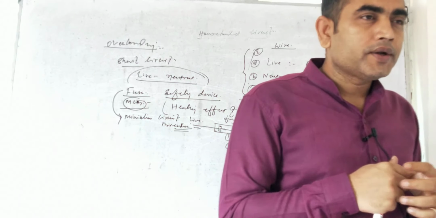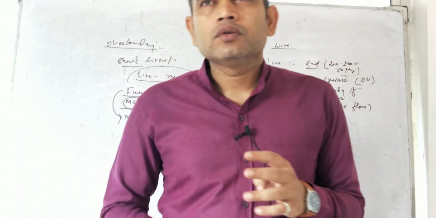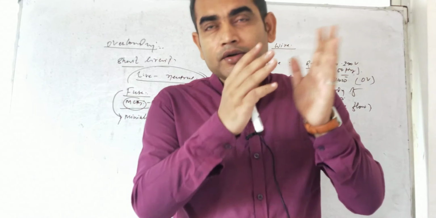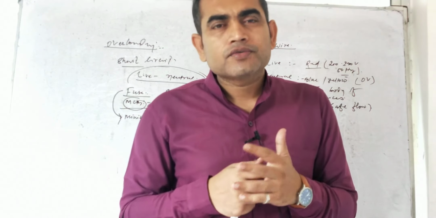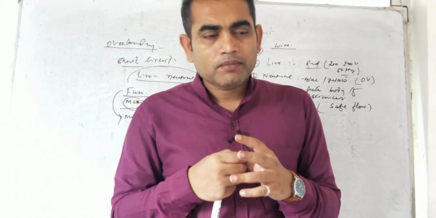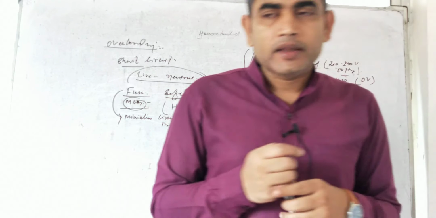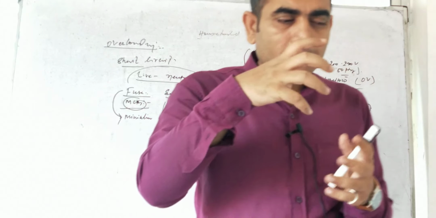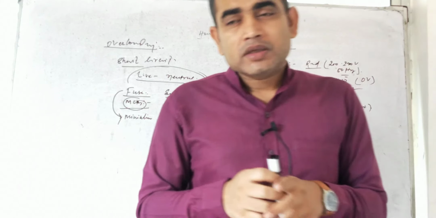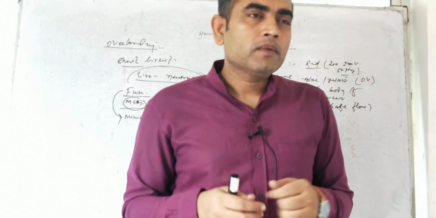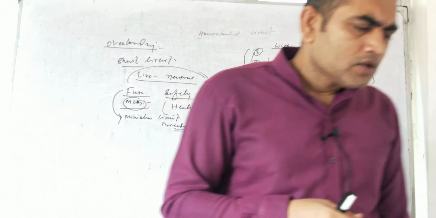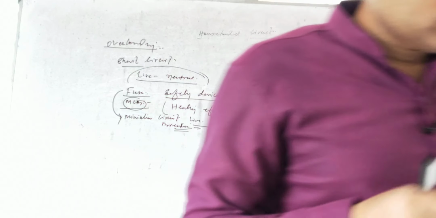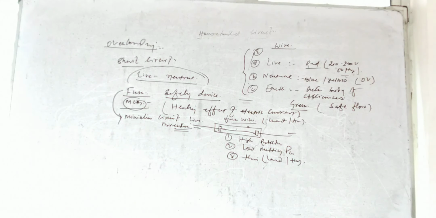If anybody gets an electric shock, first of all we should try to turn off the main switch. If the person is still connected to the electrical circuit, we should try to disconnect the person, and that can be done by touching the person with a completely dry, non-conducting object, or by keeping the main switch off. These are the things to keep in mind while handling electricity. These are the points, and in the next video we will try to do some more things.